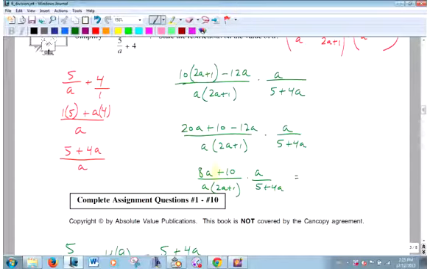Okay, what can I do now? I'll take a 2 out. Okay, that's 4a plus 5. Hey, have I seen that somewhere before? Times a all over a times